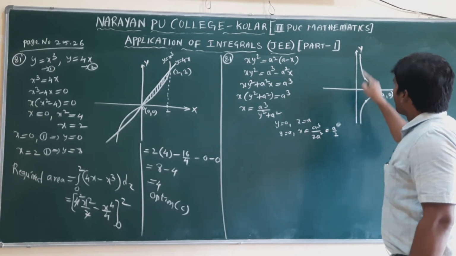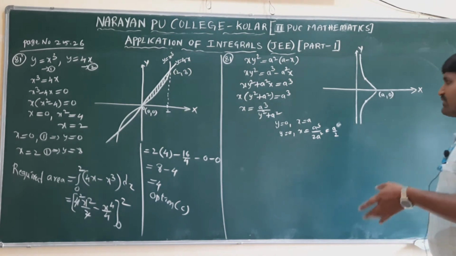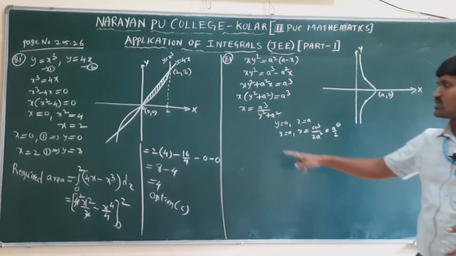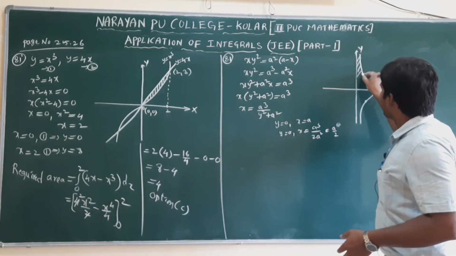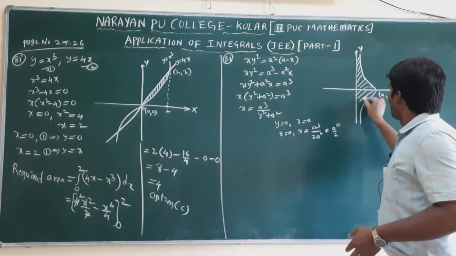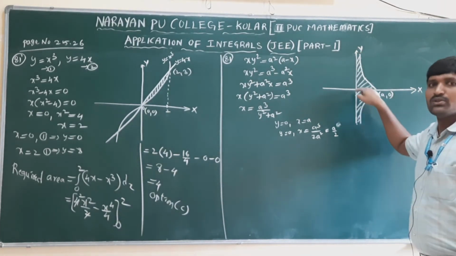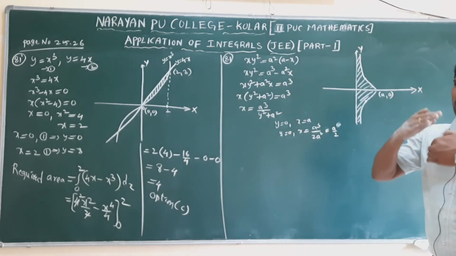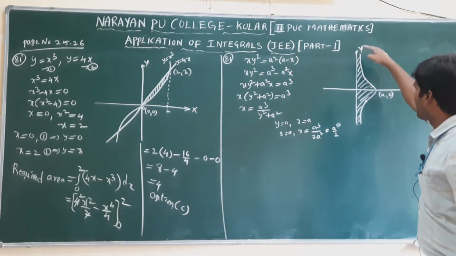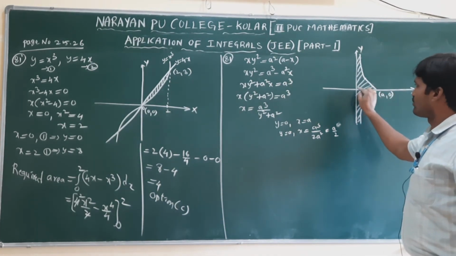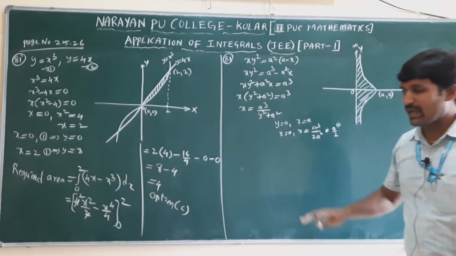Here it never crosses the y-axis, it goes up to infinity, because on the y-axis x value is 0, and this does not exist. That's why we need the regions up to infinity: from 0 to infinity, and from minus infinity to 0. Now both are symmetric, because 0 to infinity has the same length as minus infinity to 0. To find the total area, I will find this region from 0 to infinity only, and make it double.